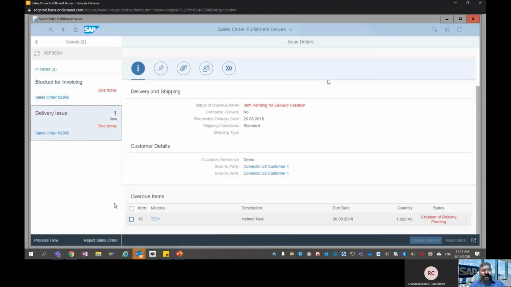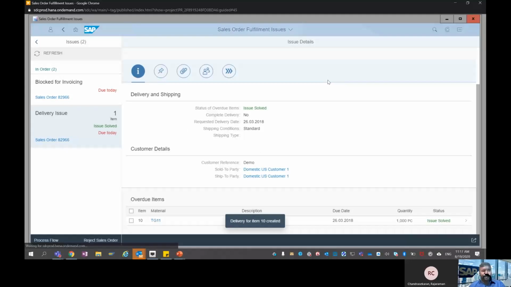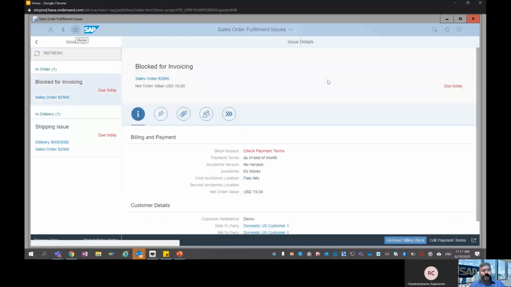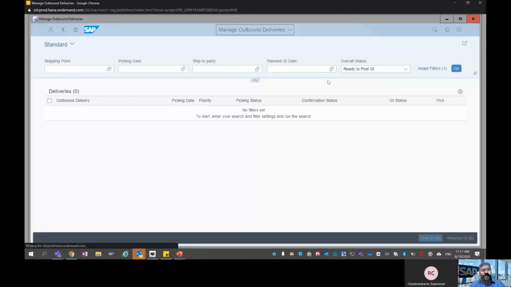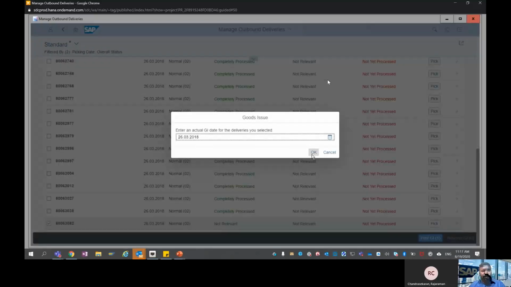Now moving on to the delivery issue, you select that delivery line, the material line item against the delivery and shipping, then create the delivery. Okay, so the delivery is created. Now we are picking that delivery, and we are posting the goods issue.